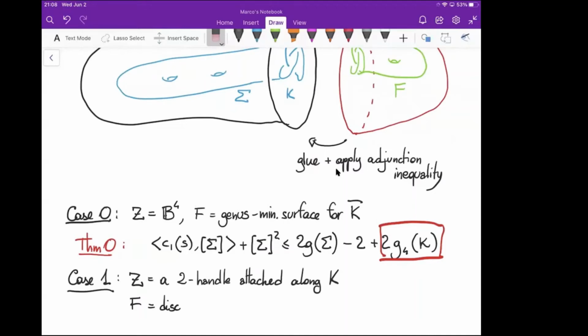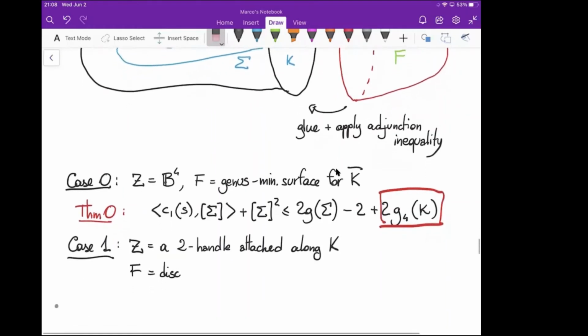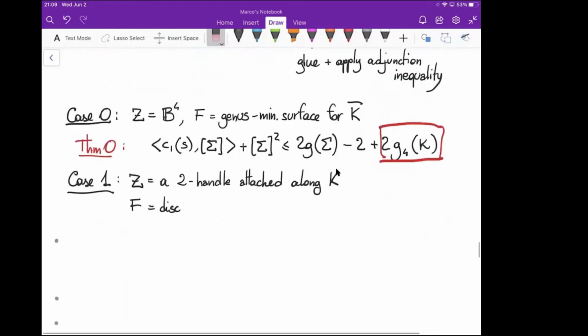You may note that if you glue a two handle to some four manifold with boundary, what you get is not a closed four manifold. But nonetheless, we can still apply the adjunction inequality. We checked, we proved, that this version of the adjunction inequality still works for manifolds with boundary. And so we